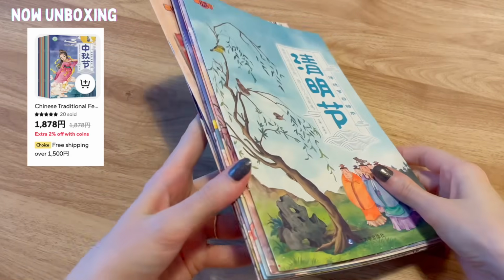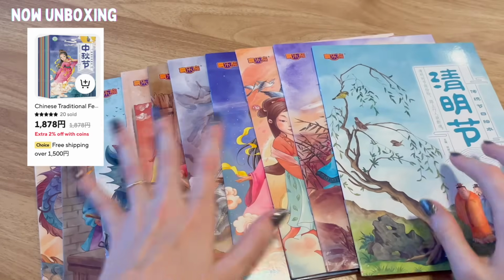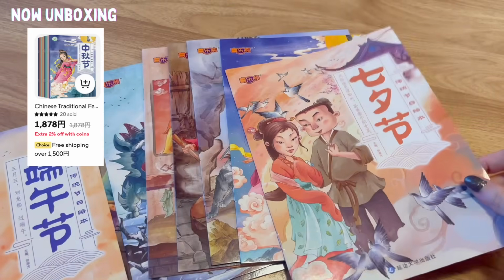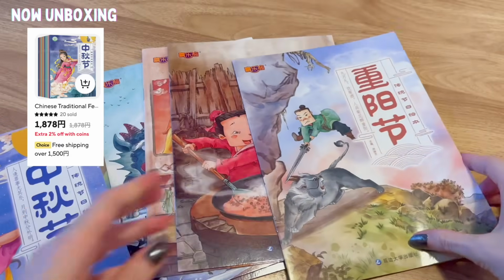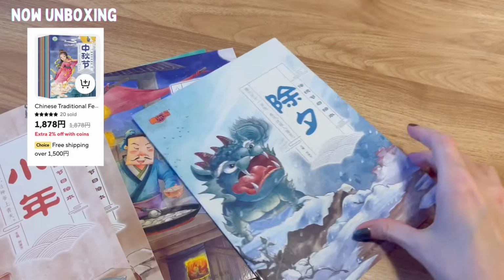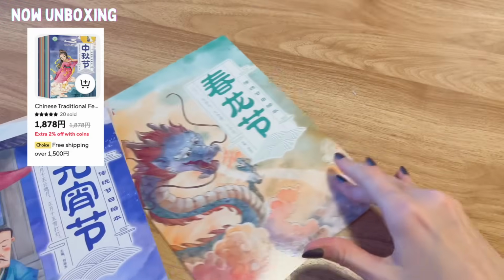Next up, we've got this collection of 10 books. I don't even know whether I can call them books. Probably together they make one book, but they are each separate stories. And those stories are about the traditional celebrations of China. What are the original stories behind each of the festivals that are celebrated in China? Lunar New Year, for example. And I'm really excited to go through them actually, to know more about Chinese culture, to also be able to discuss these